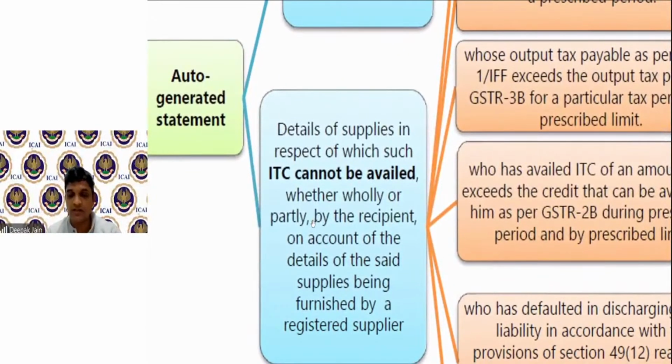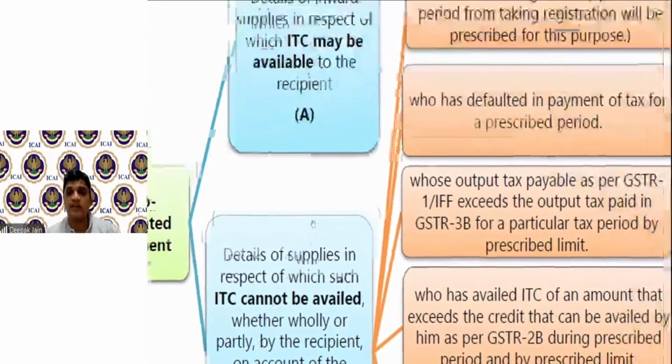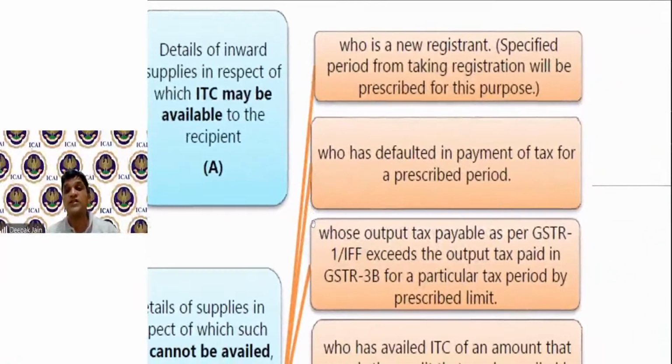So he's a registered person, still we cannot claim the credit. Why? Because he is a new registrant. Okay, so if he's a new registrant, then you cannot claim the credit. So these are there in the section, but not effective in the rules. So it's only there in the law, not implemented. So this second part, which we are discussing, is just available. Only a few points have come in the rules, not everything. But we need to know the law.